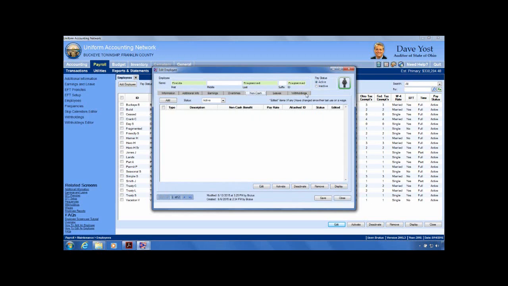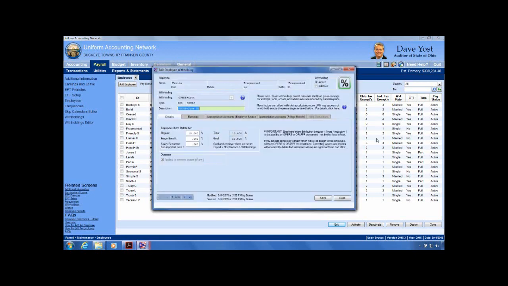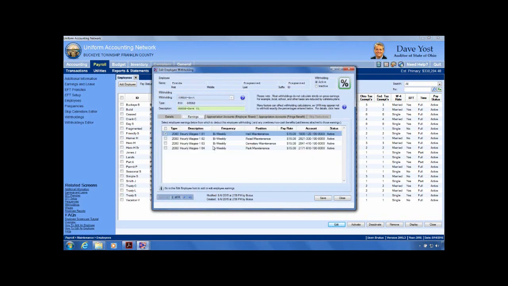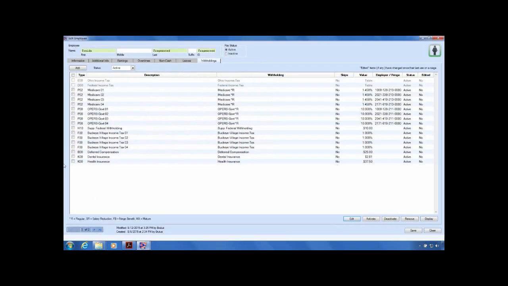All right, again, she has no non-cash or leaves. And if I look at, let's say, for instance, my OPERS, for class I won't look at all of them. We'll look at OPERS 01 here. We can see that that is attached to hourly wages 01. So if I go to OPERS 02, it's attached to hourly wages 02. So I would confirm all of this and get a good feel for where the employee stands, what is attached to what. And what I'll find, I'll just tell you, is that all of these